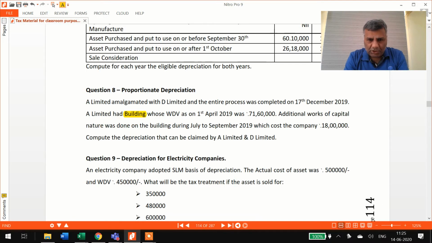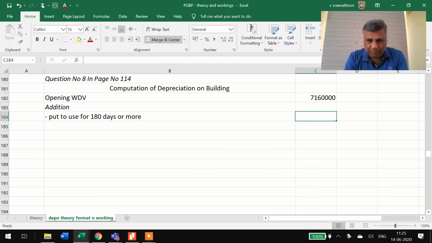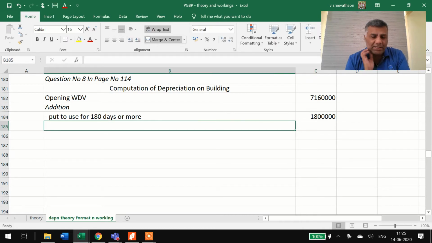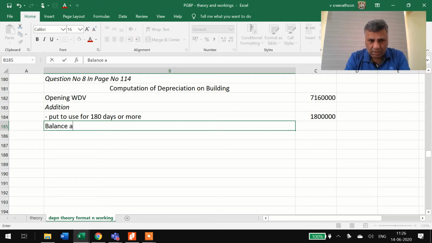Okay, because it's between July and September, 18 lakhs. So there is no, after 180, there is no deletion. Balance available for depreciation